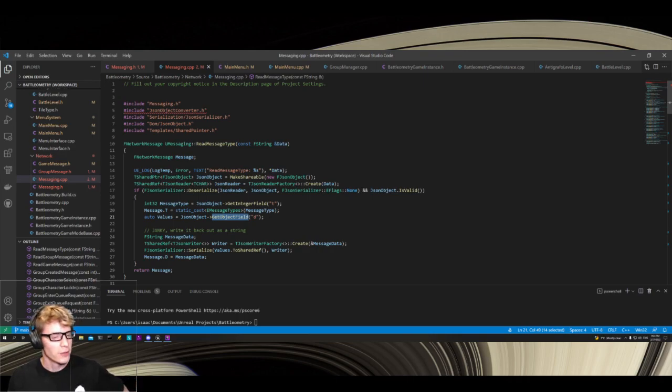And then we have to do something kind of janky, and I don't know if this is the best way to do this. Usually what you would do in C++ or anything else is you would have a union field where it could be one of many objects. I don't know how that all works in Unreal or if it works at all. So for now, I just take that field as a series of values,